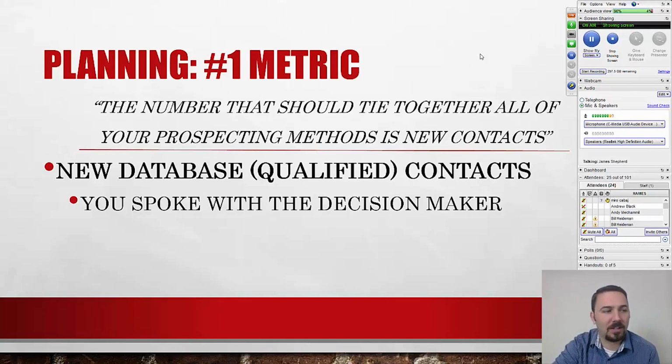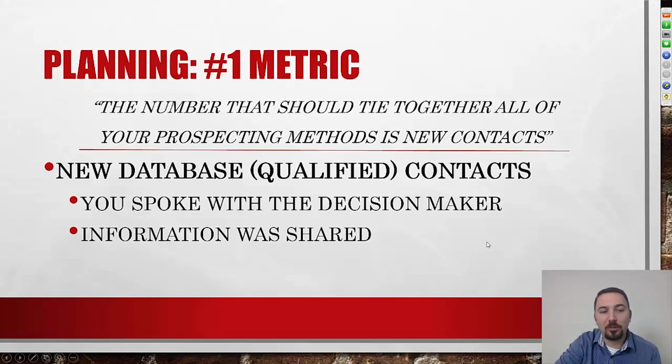So let me define a qualified contact for you. Number one, you spoke with the decision maker. Now, in the workbook, I actually have down you spoke with the decision maker face to face. And 99 times out of 100, that's what I mean when I say you spoke to the decision maker. But I realize some of you may be selling over the phone, and of course, you're not going to speak with them face to face, so I left that off here. But you spoke with the decision maker. All right, that's number one. Okay? Number two,